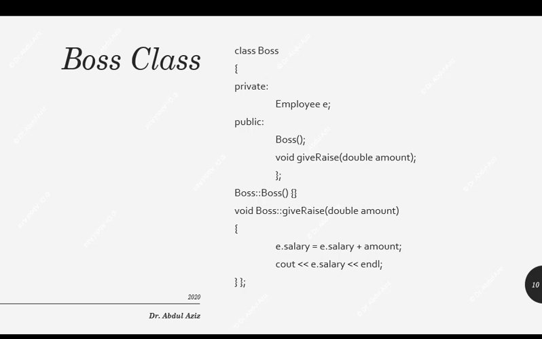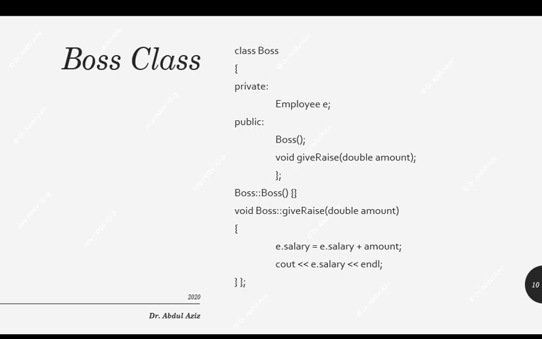Because whenever we use inheritance, all the functions, authorities and controls are also transferred to the derived class. So if we derive the Employee class with the Boss class, then the giveRaise function will also be forwarded to the employee, and the employee can give a raise to himself. So that is not the case. Therefore, we cannot inherit any of the classes. So how am I going to access the